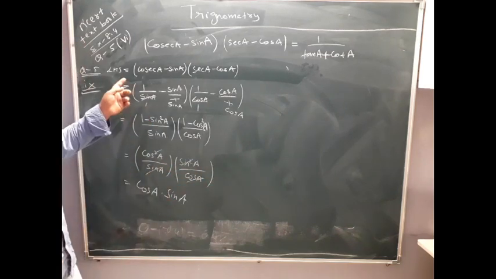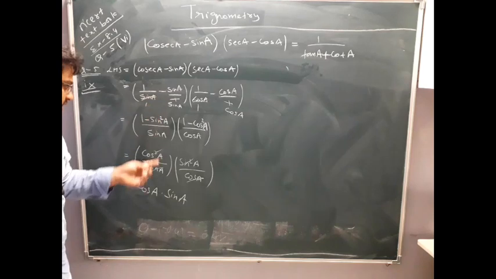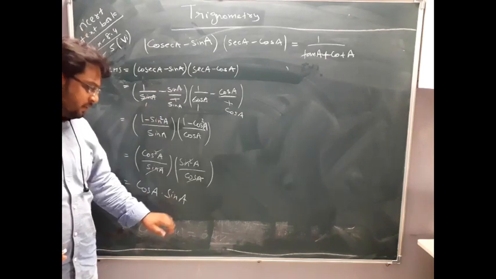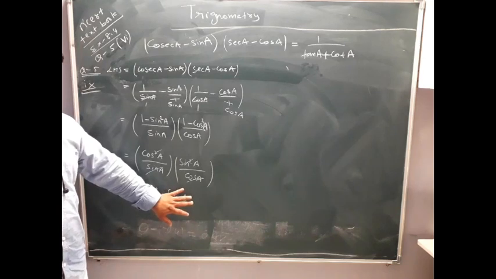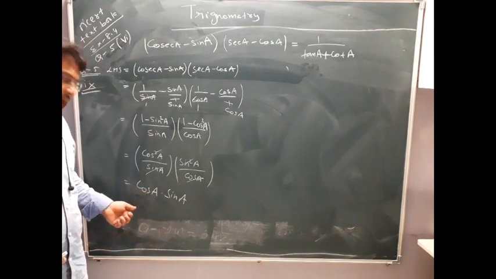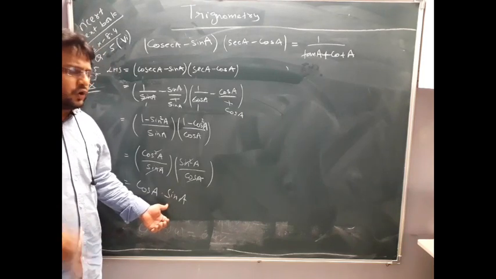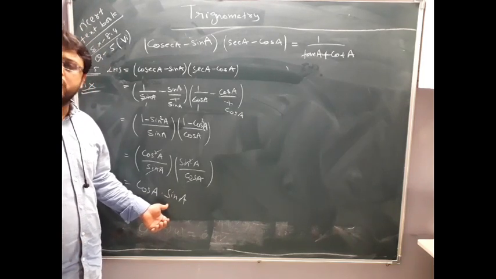See here, now I am solving your LHS portion. Now this LHS is ending in one or two trigonometry functions. In some problems you will get only one trigonometry function at the end. In this problem I have two trigonometry functions, cosine into sine. Now I cannot go further. At any cost I cannot go further. I don't have any option.